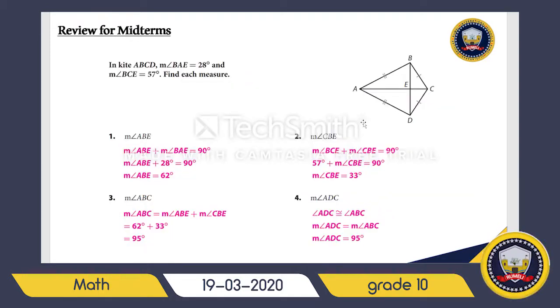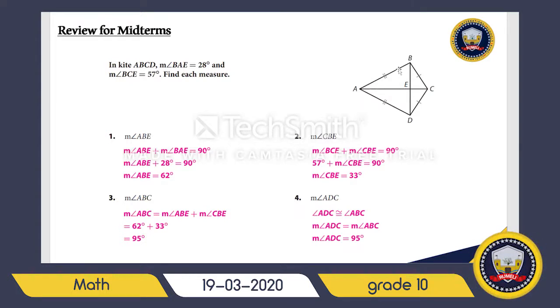Let's take an example of the kite. In the kite ABCD, the measure of BAE is 28 degrees, and BCE is 57 degrees. Find each measure. In one, I'm asked to find ABE. Now I'm going to use this triangle here. The sum of these three angles is equal to